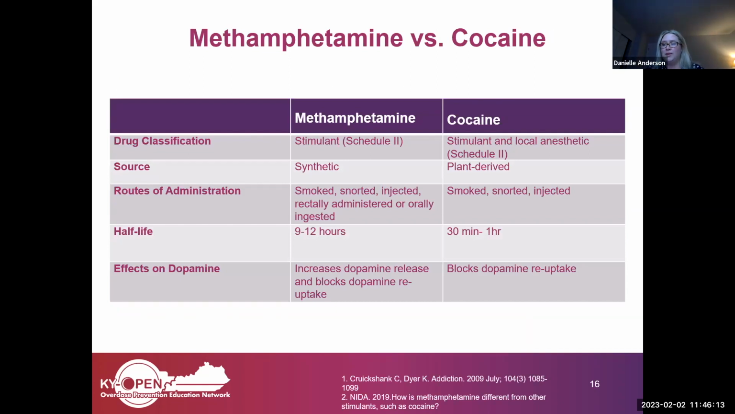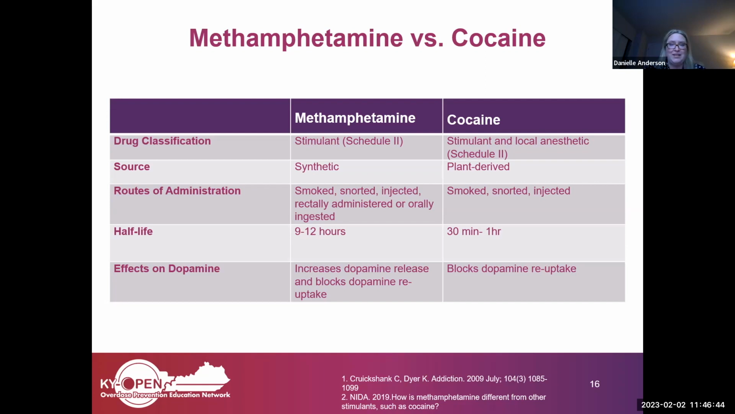Two commonly abused stimulants are methamphetamine and cocaine, so I wanted to take a minute to compare these two. Both are Schedule II drugs, meaning they have abuse potential and limited medical use. Methamphetamine, as we stated before, is uncommonly used to treat ADHD and narcolepsy, and cocaine can be used as an anesthetic. Cocaine is derived from the coca plant, while methamphetamine is synthetically made